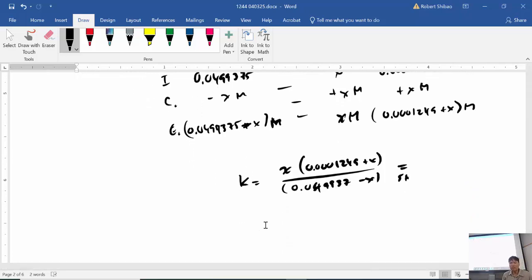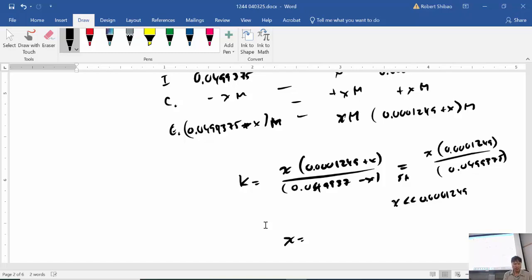So x is the same size in both, and I'm going to say x is much smaller than 0.0001249. What that means is I'm going to get x times 0.0001249 divided by 0.0499375. And that means x will equal,